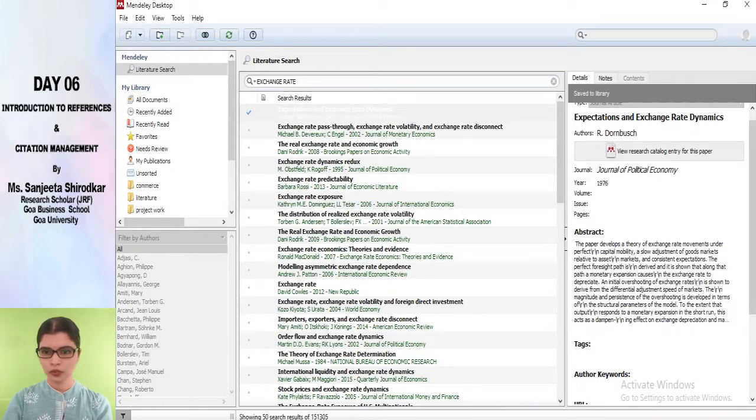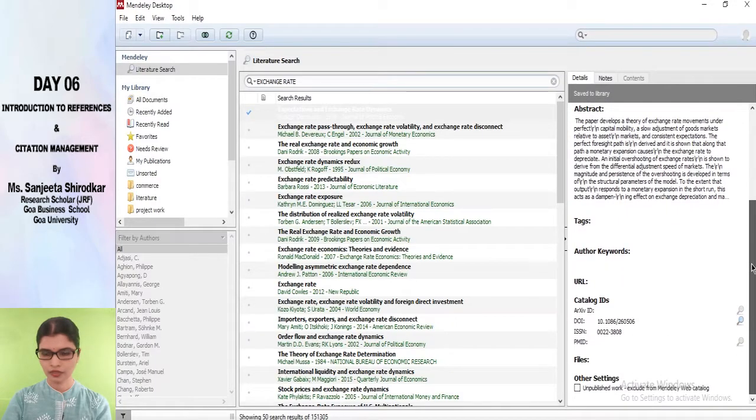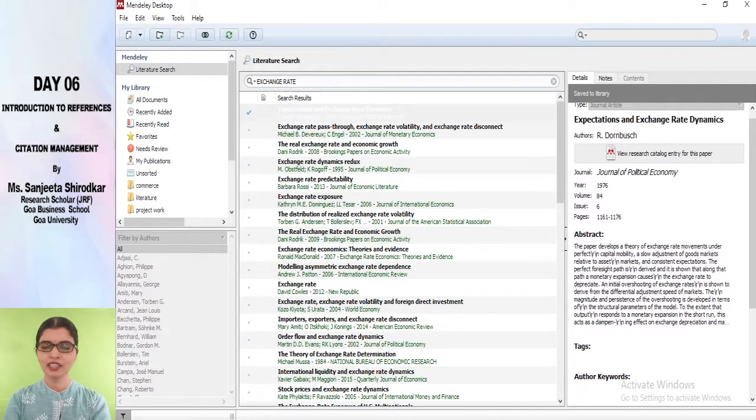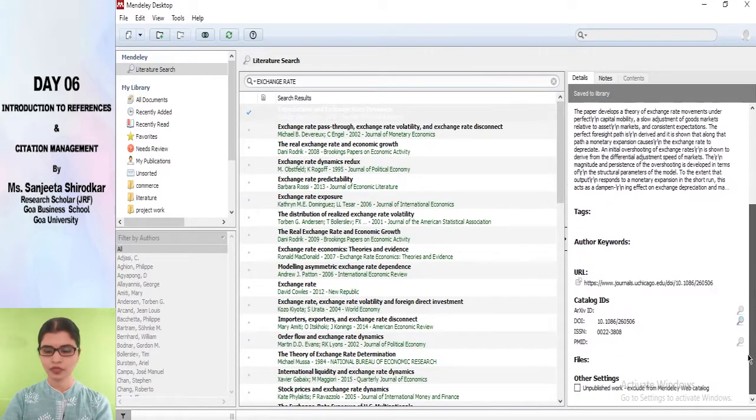So what you could do is, if at all a DOI is given, as you could see here it is given, you just press on this magnifier and see if it is pulling out the information. So just click on that. So here let me check. See, here you would see that earlier when we checked, volume was not there, issue was not there, page numbers were not there. But once I clicked on this magnifier button next to DOI, all those informations were also retrieved.